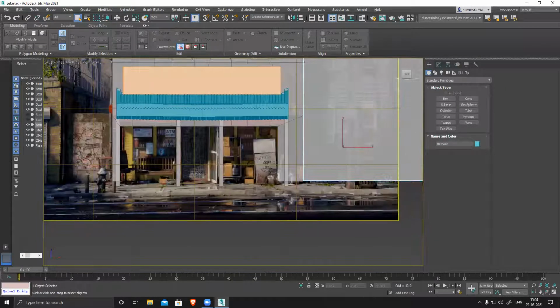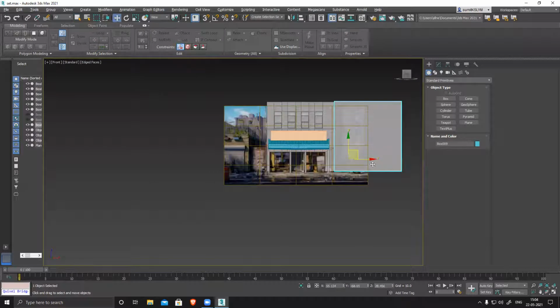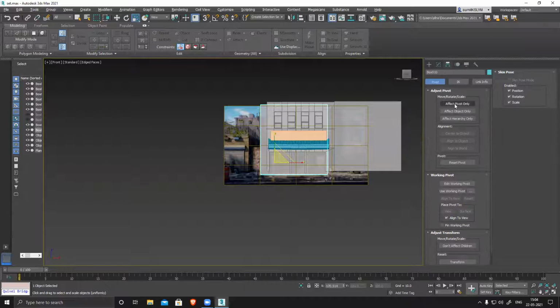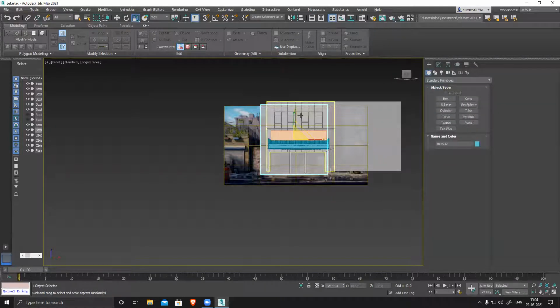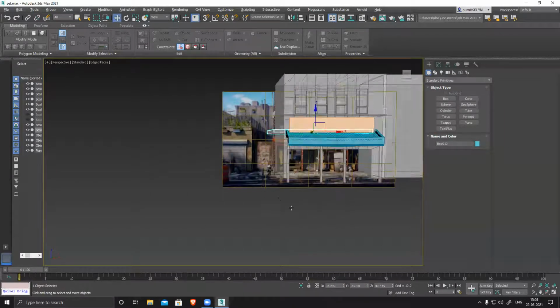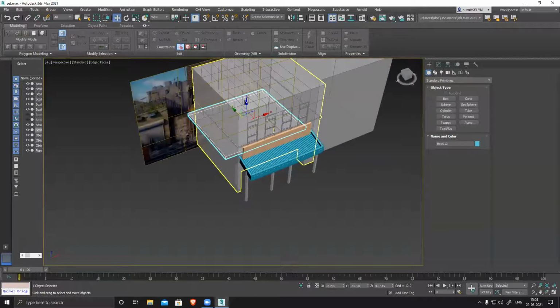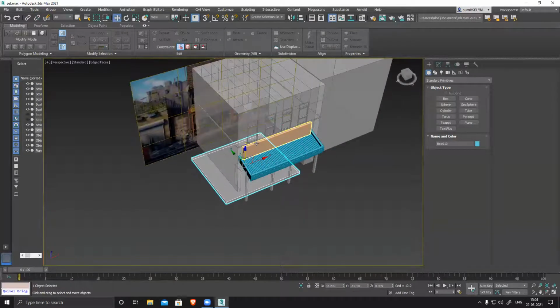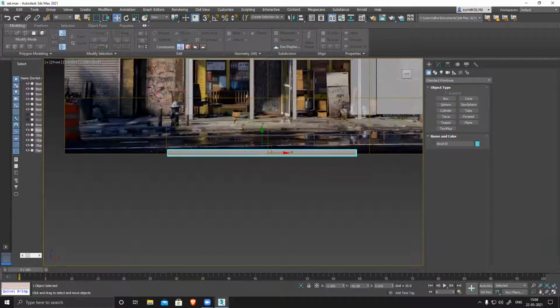Now let's start off with our model. Just simply duplicated this and push it slightly down. Reduced it. Perspective mode. Like this is my base. Right now, as of now, I don't have any base, so I need to have a base.